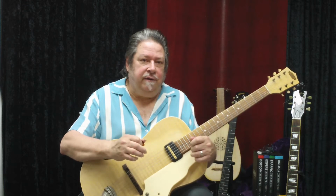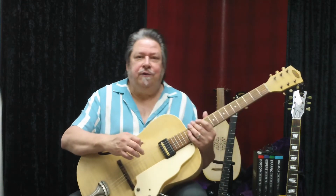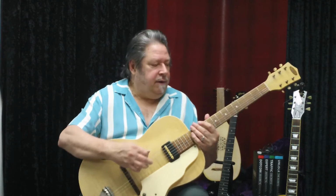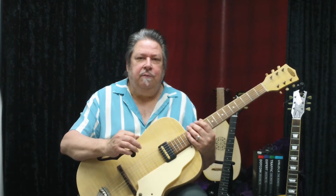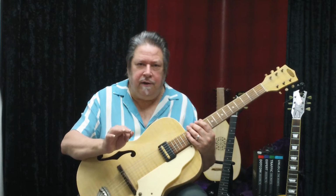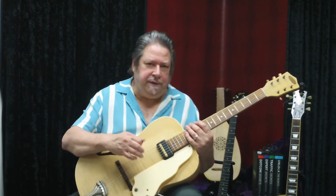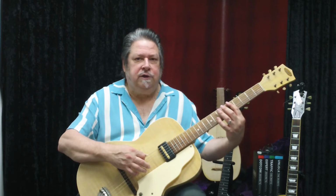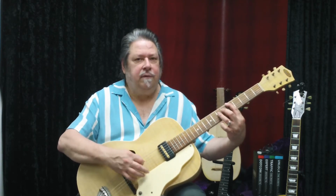Right now we're doing Crosspicking 4 in Beginning Rock Guitar Book 2, and this one has 16th note rhythms in it, but it's nothing to be scared of. It's really a pretty straightforward riff. I'm going to play through it. I'm not going to do any repeats. And so 1, 2, 3, and 4, and...